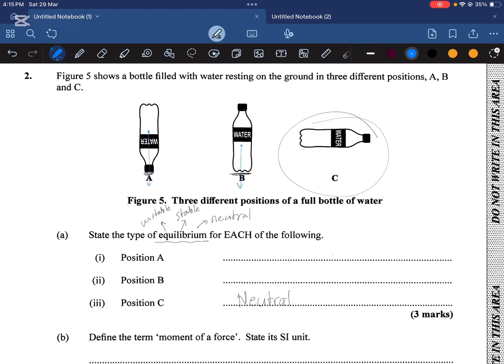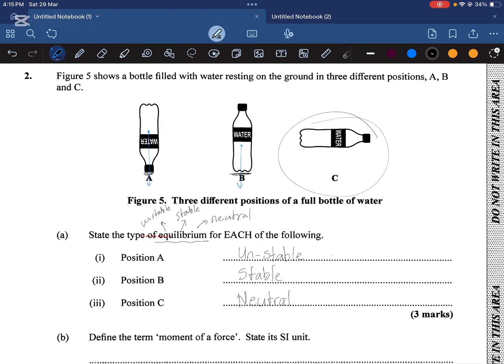If we tilt A slightly, that vertical line will stop acting on the base of the bottle, which means that if you tilt it slightly, it's more likely to fall to the side that you tilt it to. Therefore, we can say that A is unstable. And B would be our stable equilibrium